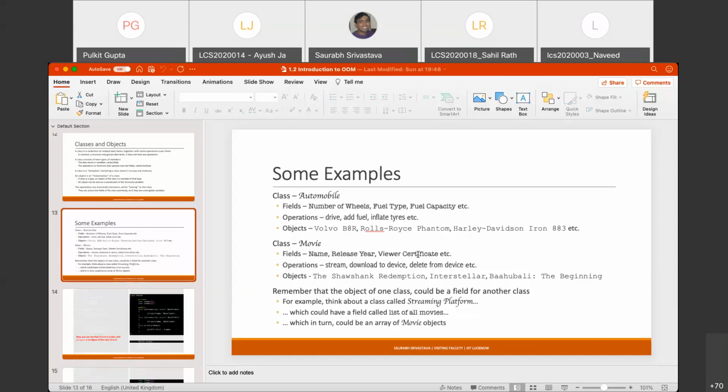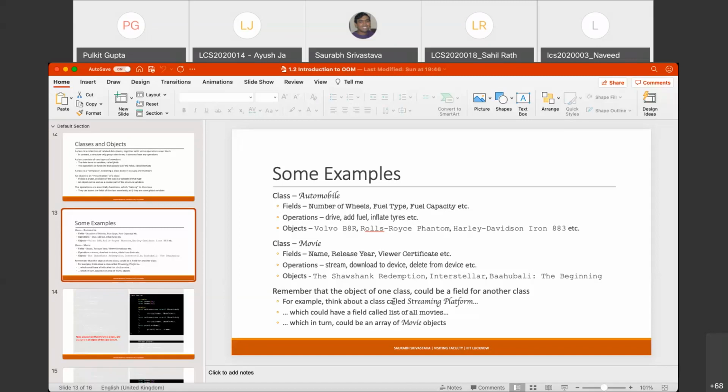So essentially, whatever information you store about a particular movie, you need that information with you. But now there will be something more on a streaming platform. For example, there will be movies, there will be live streaming, there will be shows. So try to think about what will be the fields of the class streaming platform.